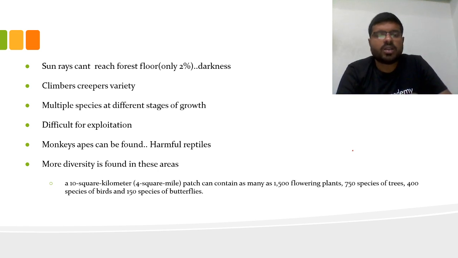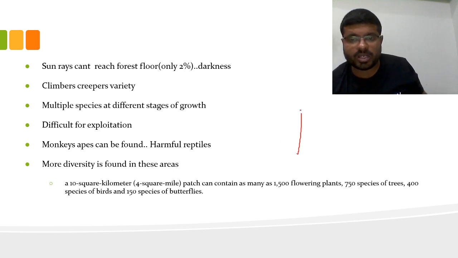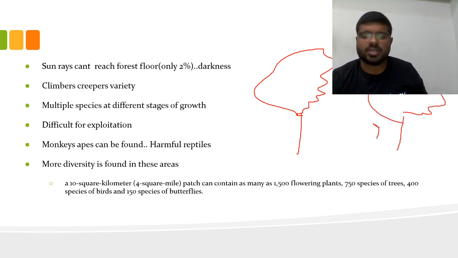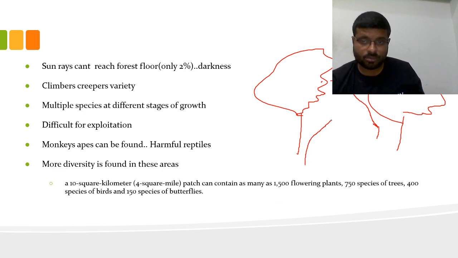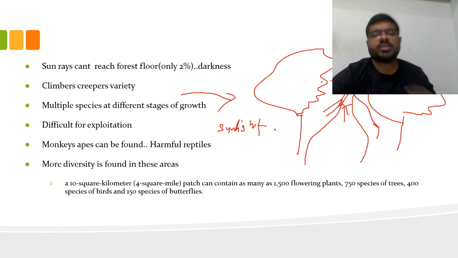Then wherever there are two trees, you are finding climbers and creepers variety. Why do you find climbers or creeper variety? For example, this is one tree, this is another tree, and the small climbers and creepers creep for sunlight. This is the area which you find as a gap. They tend to creep, the climbing variety, creeper variety, for nothing but the fight for sunlight. So that's why climbers and creepers variety can grow here.